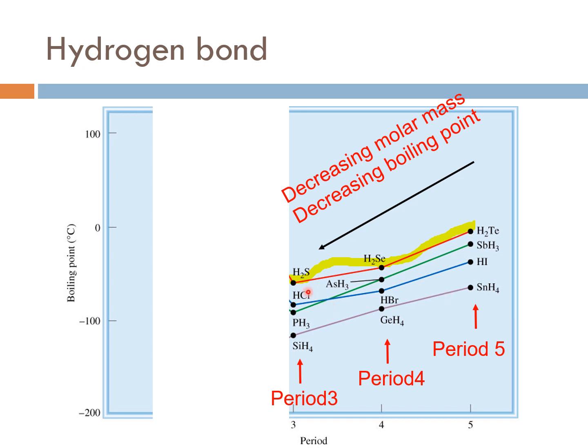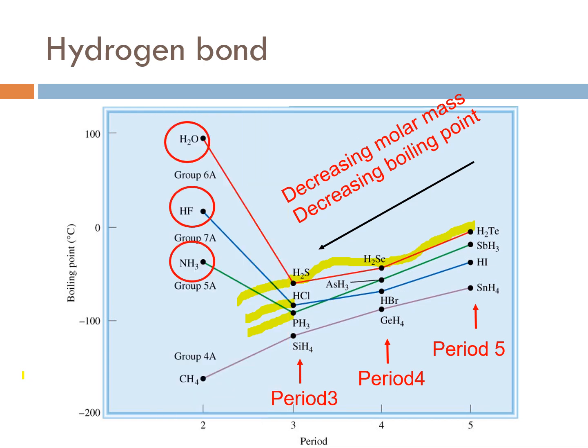So we would expect that if we add oxygen to this graph, and that would be water, H2O should be here, and HF should be here, and ammonia should be here. And what happens instead, when we go and measure the boiling point of those 3 compounds, we see